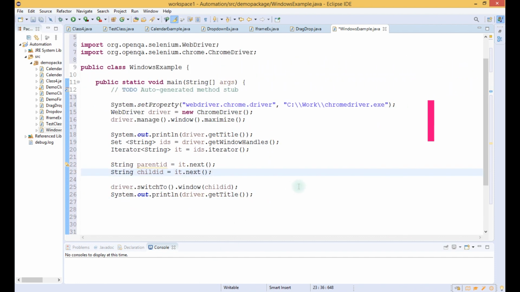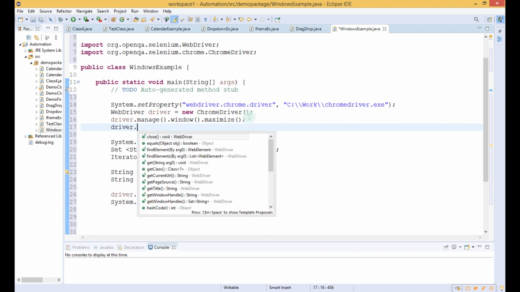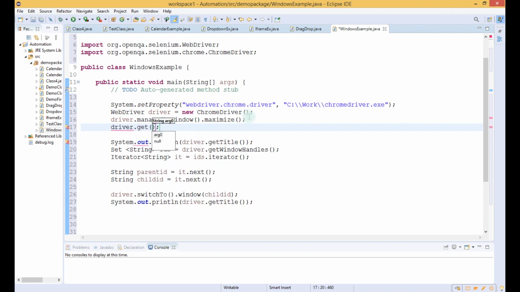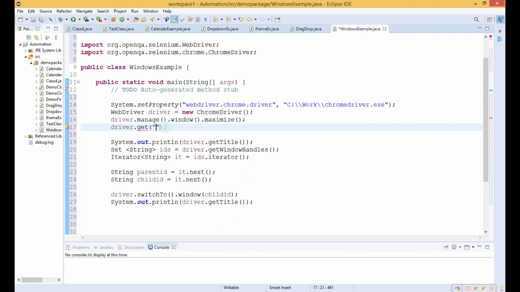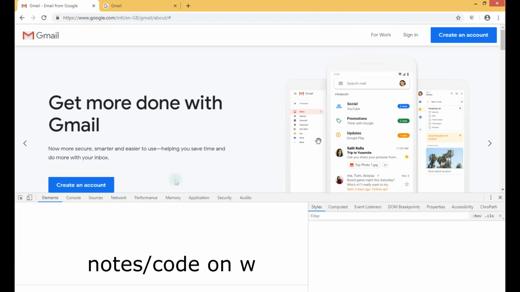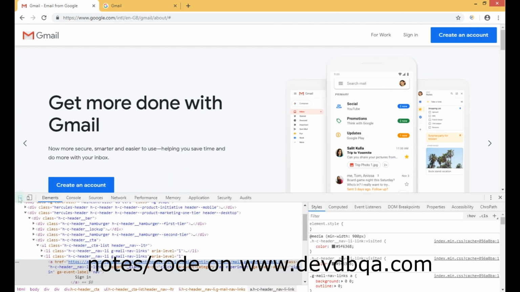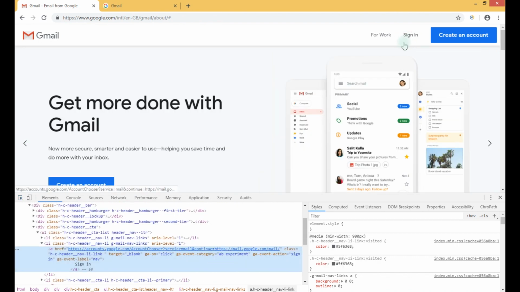So now we have to write driver.get with the URL. We will copy the URL from here, and after opening the URL we have to click on that sign in button. For clicking on the sign in button we have to get the locator, and I have installed ChroPath in my system, so it will give the locator.